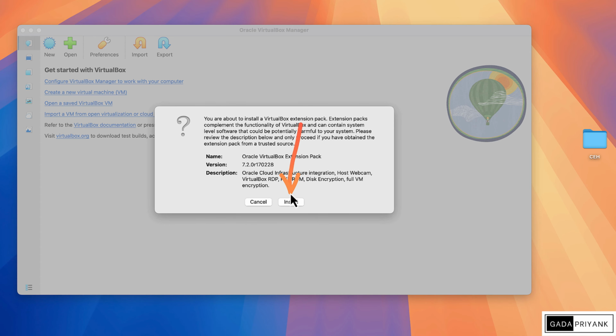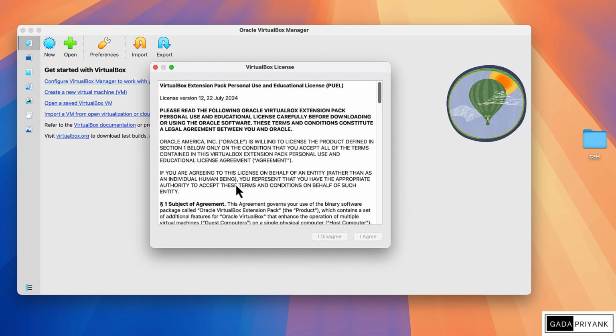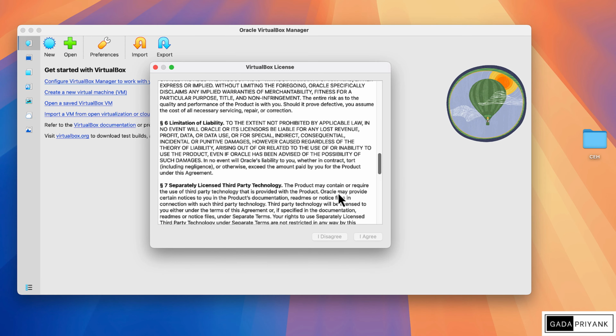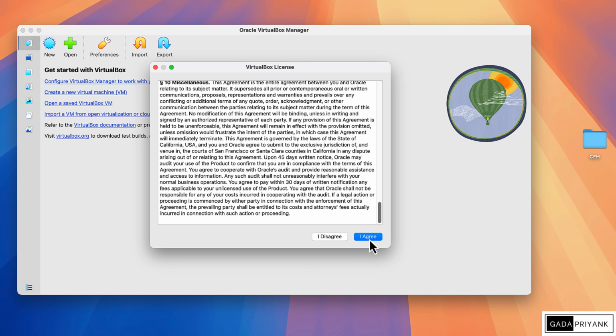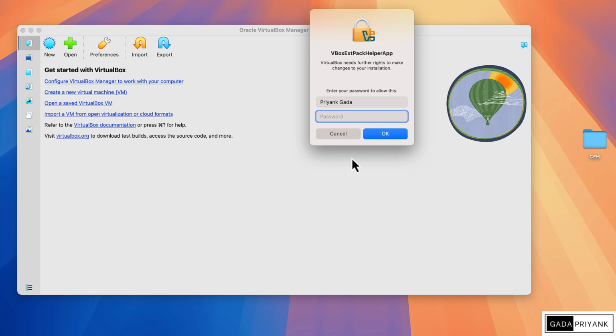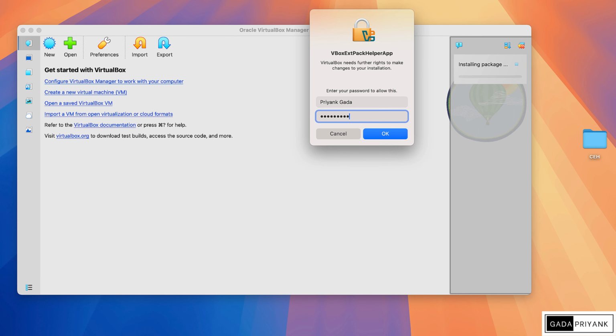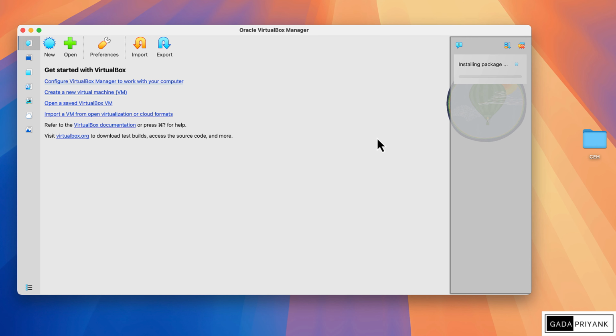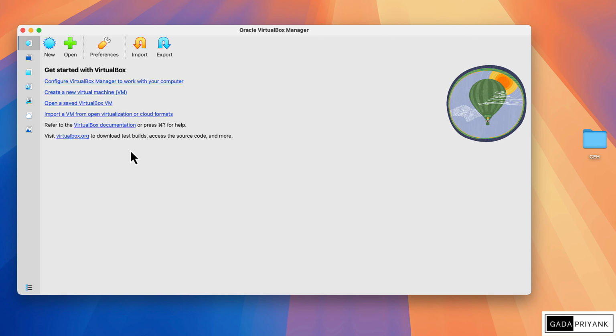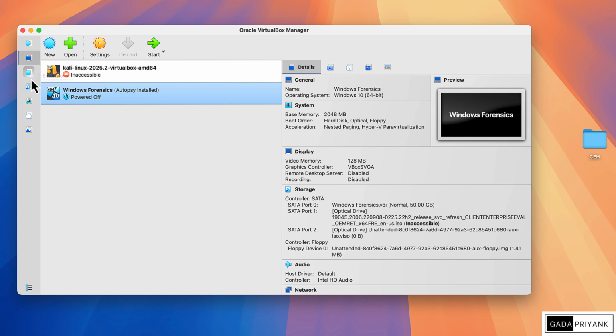Now the extension pack has complementary functionality for your VirtualBox. So it will basically interact with your VirtualBox, and for this you have to scroll all the way down, or you can read it. But before reading, don't forget to buy me a coffee so even I can read it while drinking the coffee. So now I'll click on install. Once that is done, your virtual system is ready for the operating system. Now you have completed your virtualization steps and you are ready to move and install the operating system.